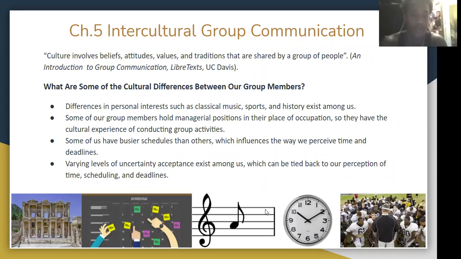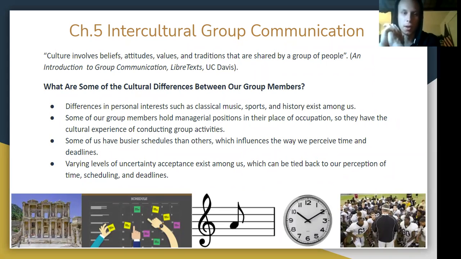Pardon me, folks. So I'm doing the 5th chapter on intercultural communication. At the top of the slide is just a quick quote talking about how culture is not exclusively the stereotypical ideas of what we think, religion, the ways of dress, or traditions. Now, culture transcends that. And we discovered right off the bat from the first meeting we ever had that there were subcultural differences, at least, between some of us.